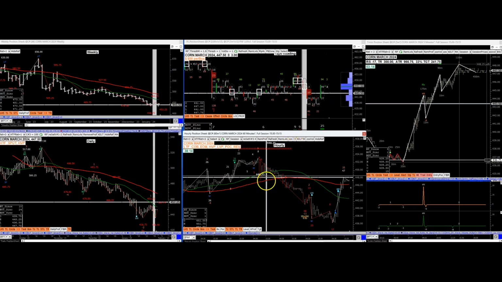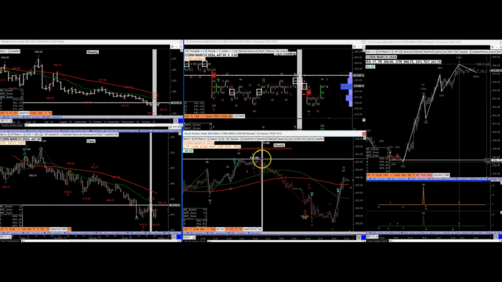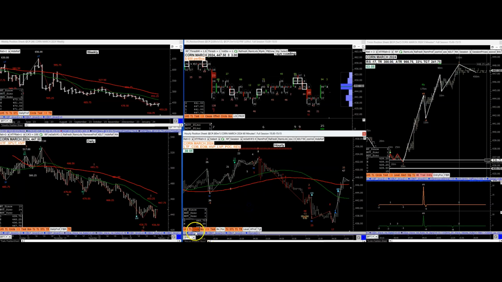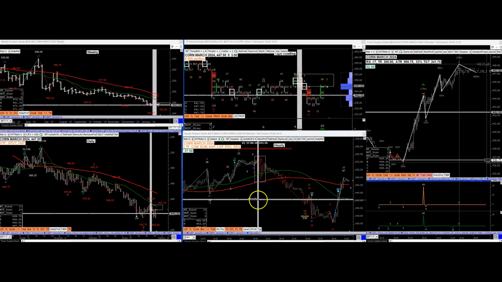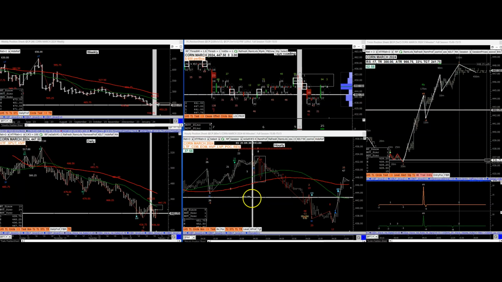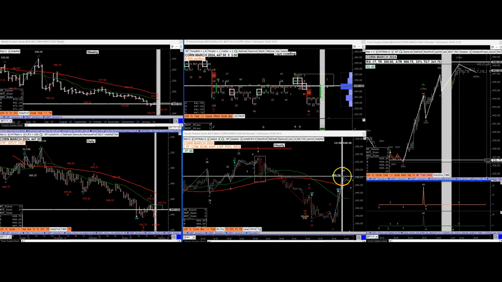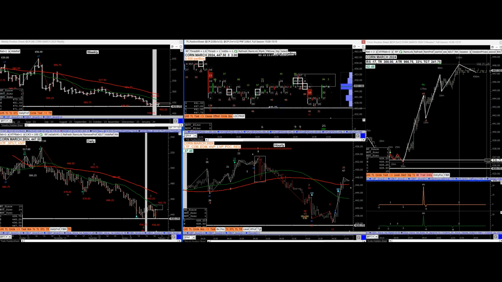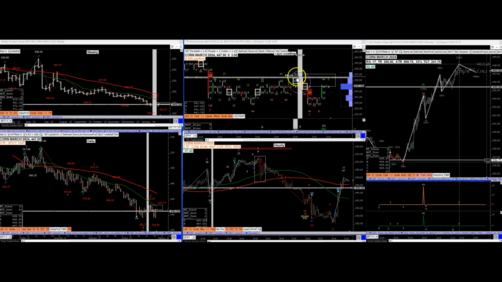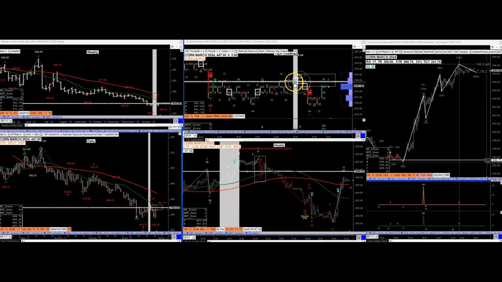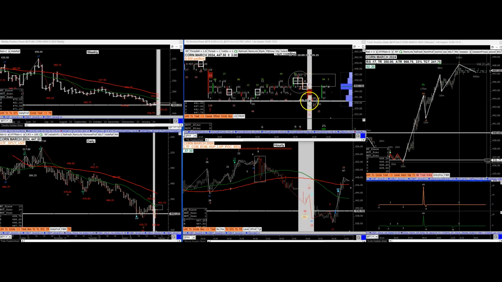But here you have this pullback on the hourly, and you had some selling from an upthrust from this position right here. And you have your ease of movement. It's not really that much ease of movement, but it's the biggest in 37 bars right here. And then it caused this selling pressure. Now, as the market comes back up, it has to absorb this resistance. That 49 and that 47 and that's 75, after which there was ease of movement to the downside,